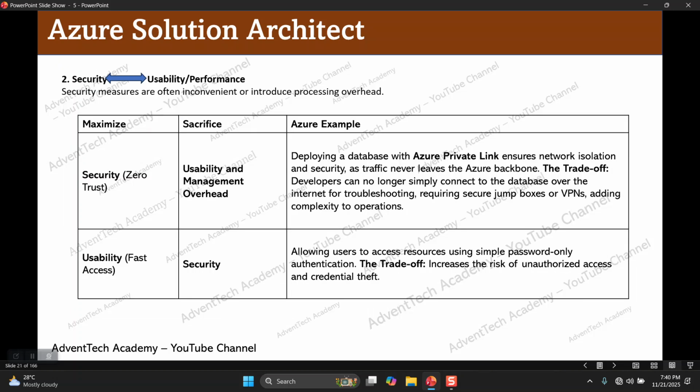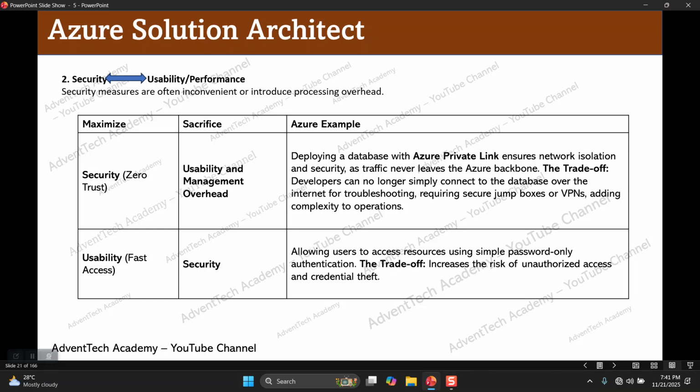If you look at security, usability and performance, security measures are often inconvenient or introduce processing overhead. If you want to maximize the security and implement a zero trust framework for a product and all your digital assets, the sacrifice is usability and management overhead. If you implement a lot of security policies, the users will get